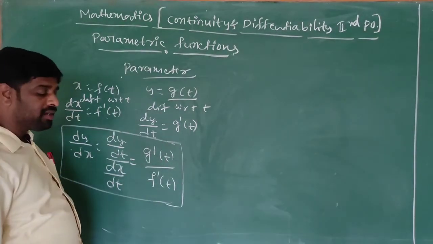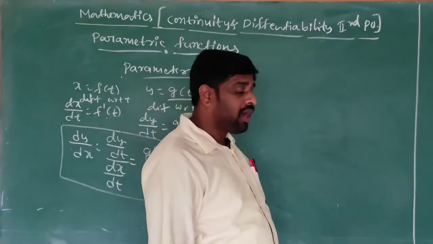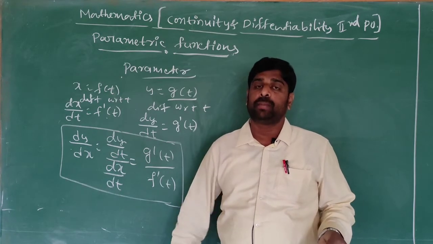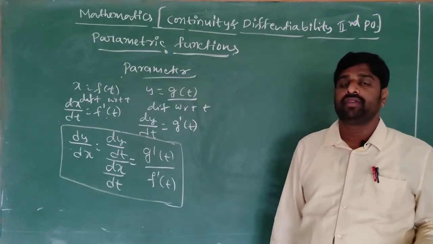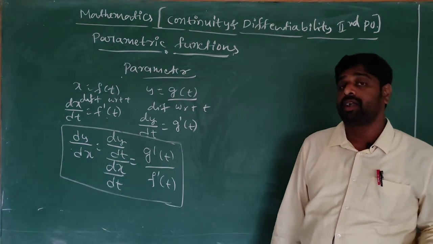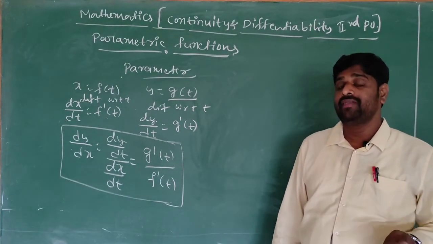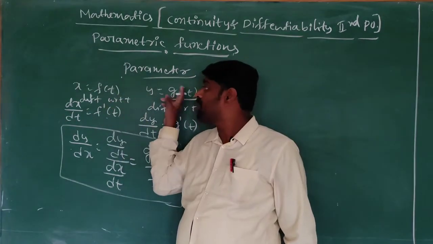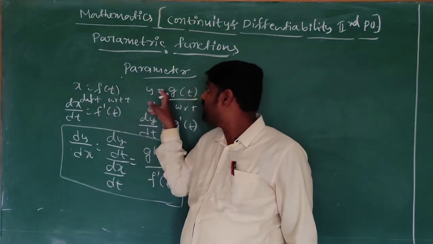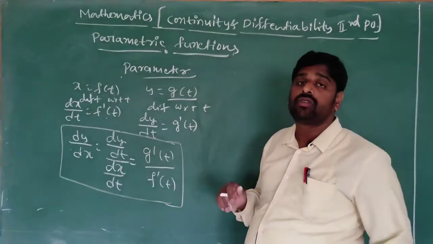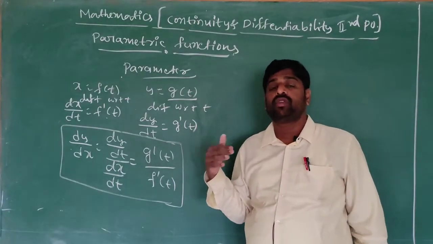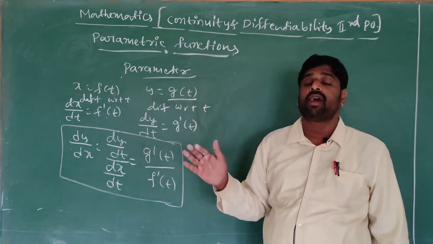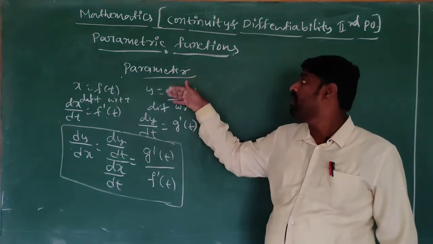What is meant by the parametric function method? If two variables are there, you can use implicit or explicit or inverse trigonometric or logarithmic methods. But if two variables, x and y, are linked with a third variable, that third variable is called a parameter. Sometimes the relationship between two variables is neither explicit nor implicit; it is linked with another variable, and that variable is called a parameter.